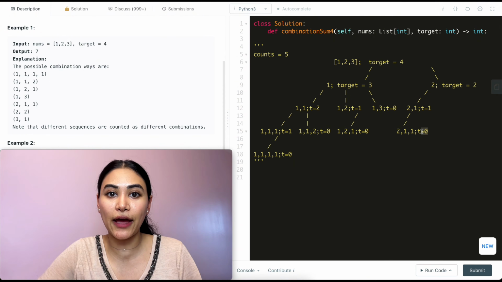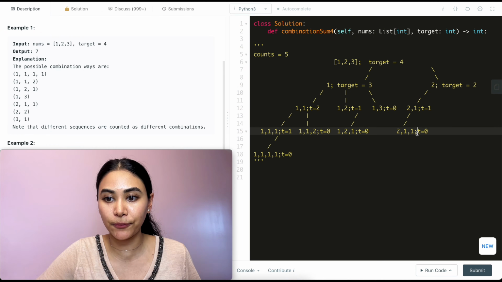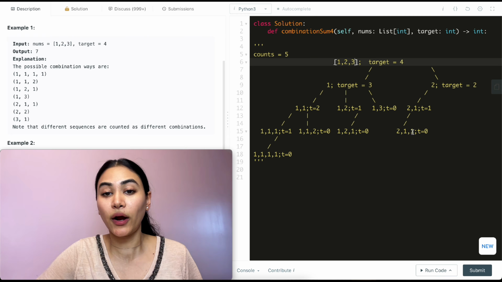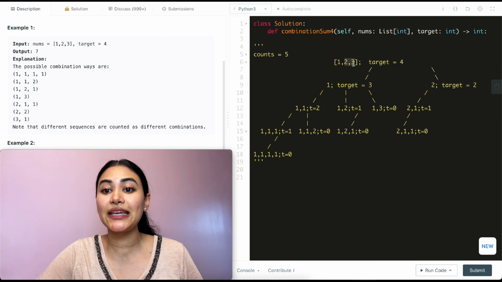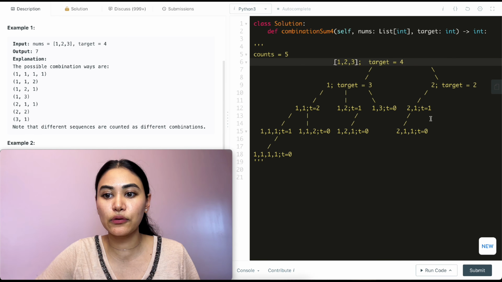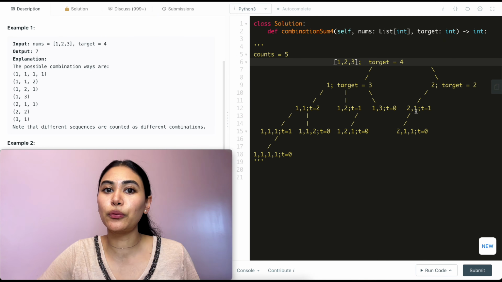Any other number that we add on is going to overshoot, so we want to stop here. And in that same principle, we don't want to go back up here and try out another number, either 2 or 3. We've already tried 1 and we hit our target. Using any greater number is also going to overshoot. We're assuming these are all sorted right now, so if we hit our target, there's no need to try any